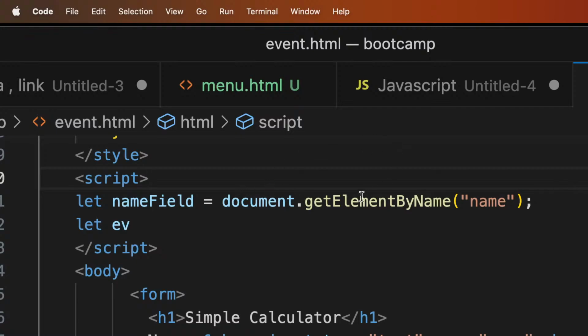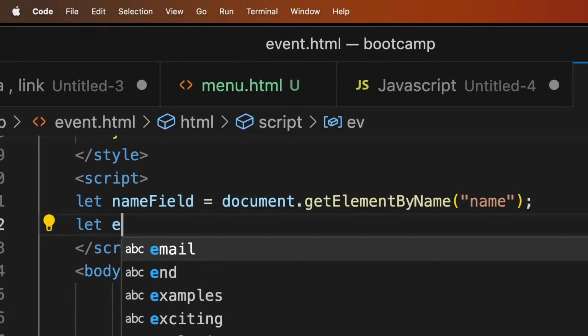So this document is the page. So each field, like email field now,